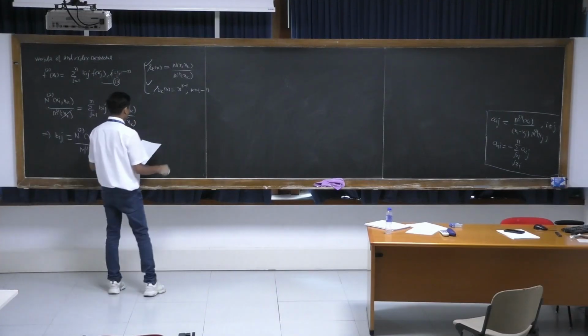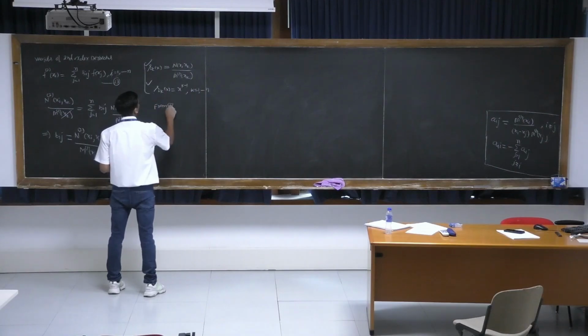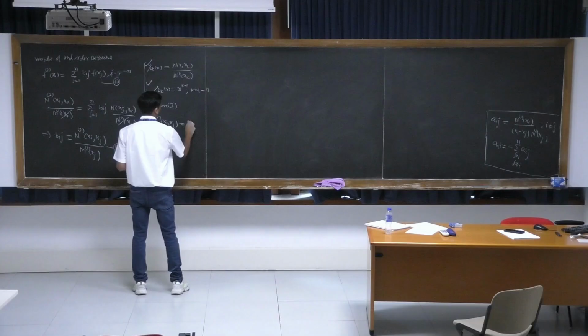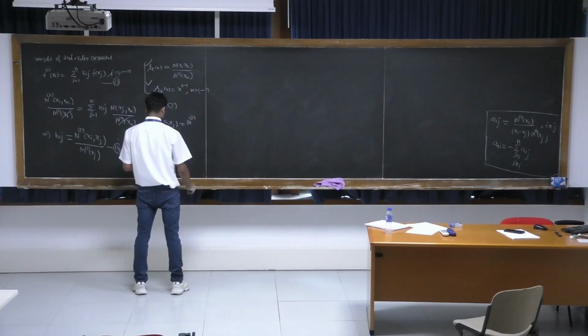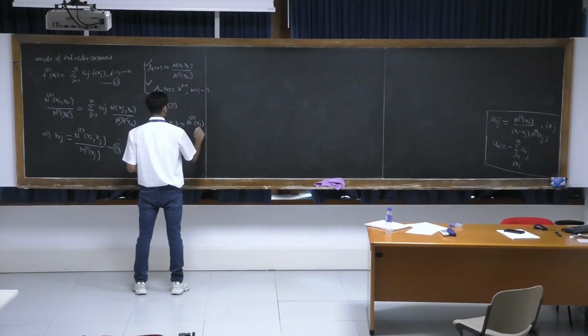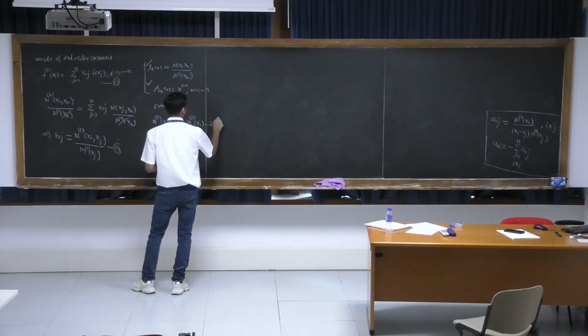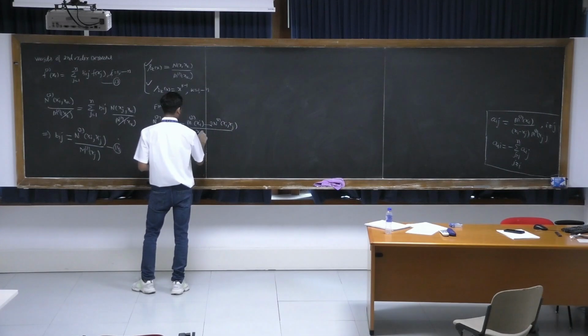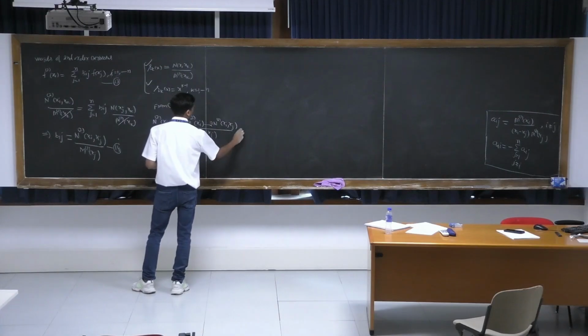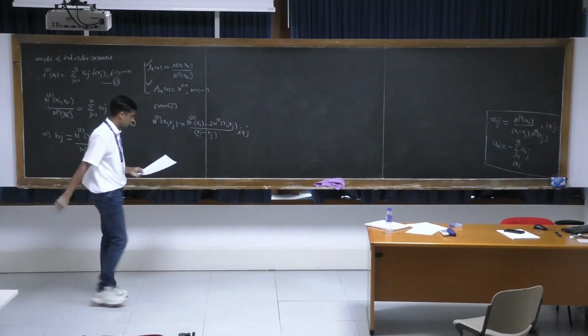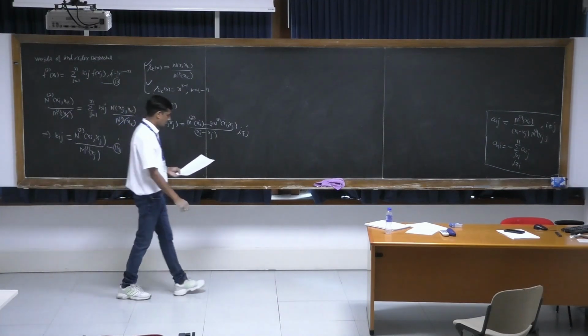So from 7, I am just calculating the second derivative at xi xj, that is equal to the second derivative at xi minus twice N1 of xi xj divided by xi minus xj when i is not equal to j. Okay, so put this